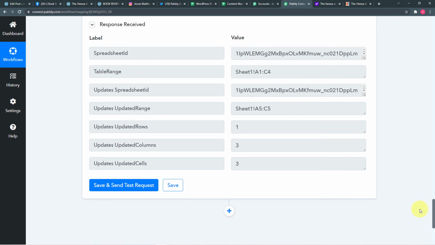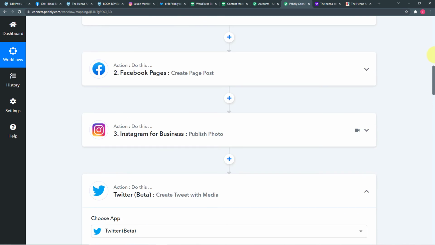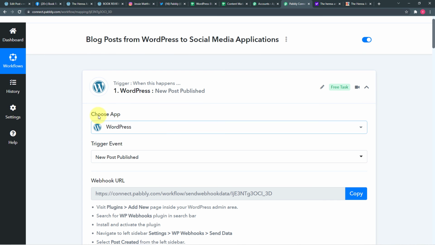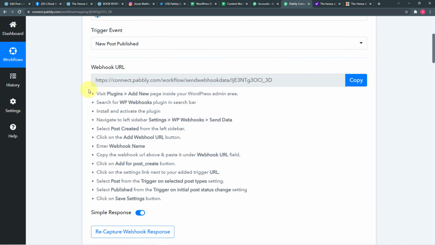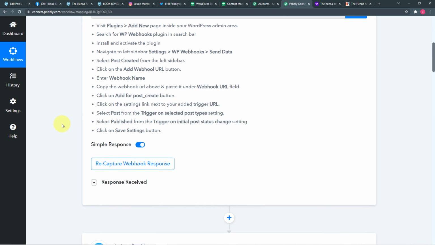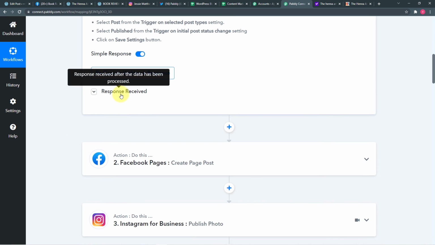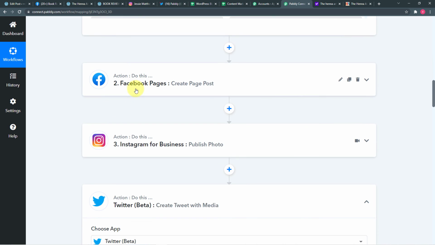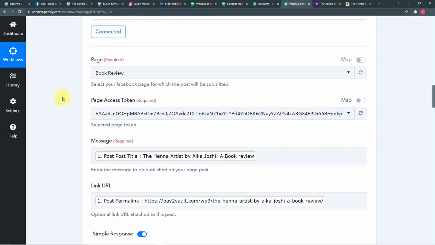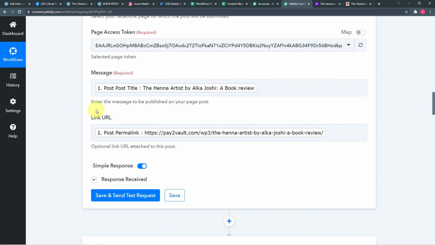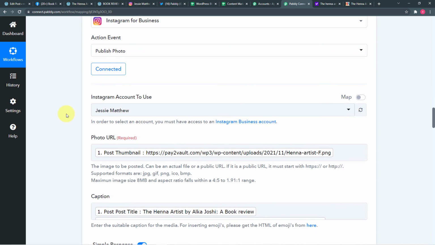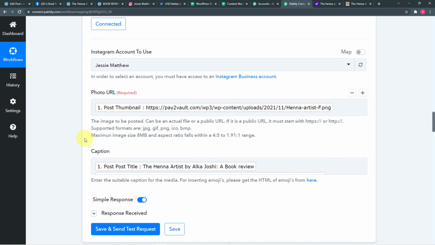So our workflow is completed. Now let me give you a quick recap of what we have done here. So first of all, in this trigger window, we selected the application as WordPress, and then with the help of this URL, we connected WordPress with Pabbly. Then we captured the data of a new blog post like this here. Then we connected our Facebook page to post the link of this same blog like this, right? Then we connected Instagram and mapped the fields required to post